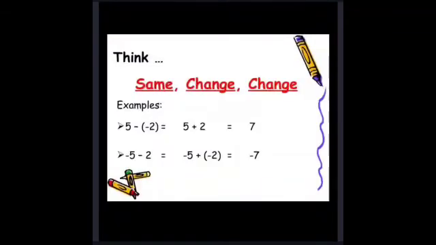For example, if you have to subtract -2 from 5, we'll write 5 in the first place. Second number is -2, and before the bracket you have the negative sign. When minus signs come together, that will become positive. So 5 minus -2 will be written as 5 plus 2, answer is equal to 7. In the second one, -5 minus 2 will give you the answer as -7.